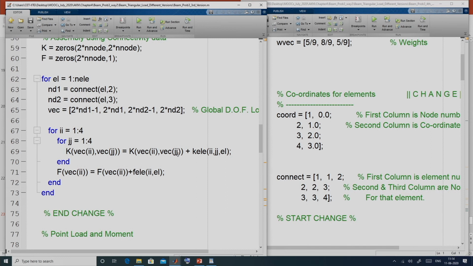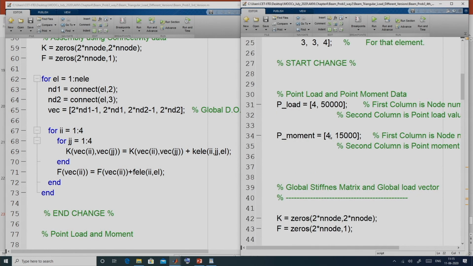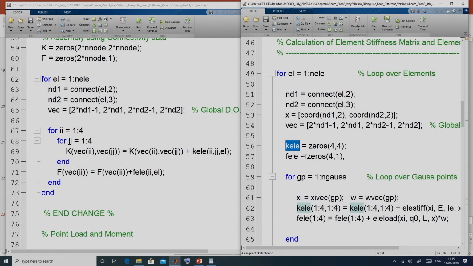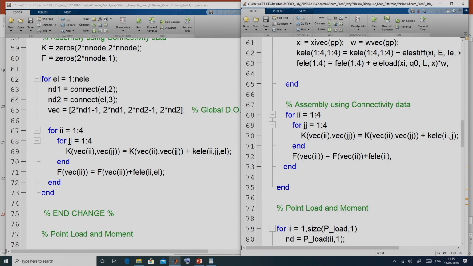In the next version, we will merge these two portions of our FEM code under a single element loop. You can see at the right of your screen, here we have first created this KLE for a particular element. After that, under the same element loop, we do the assembly operation.